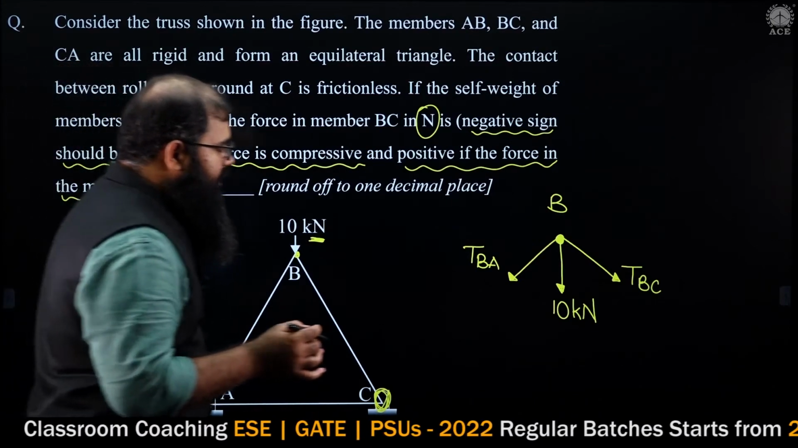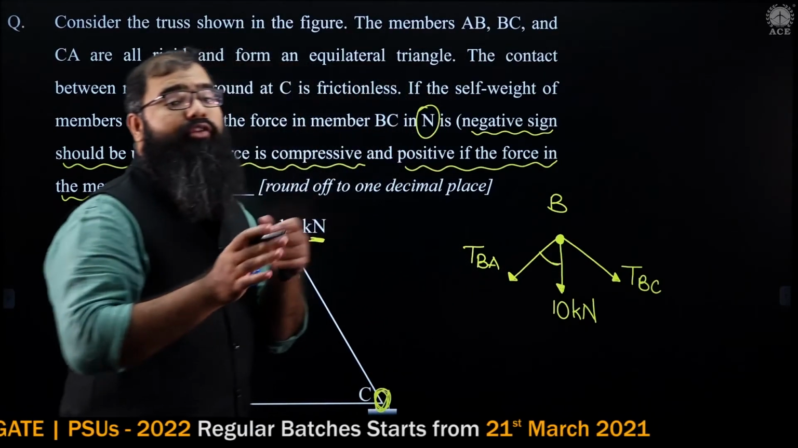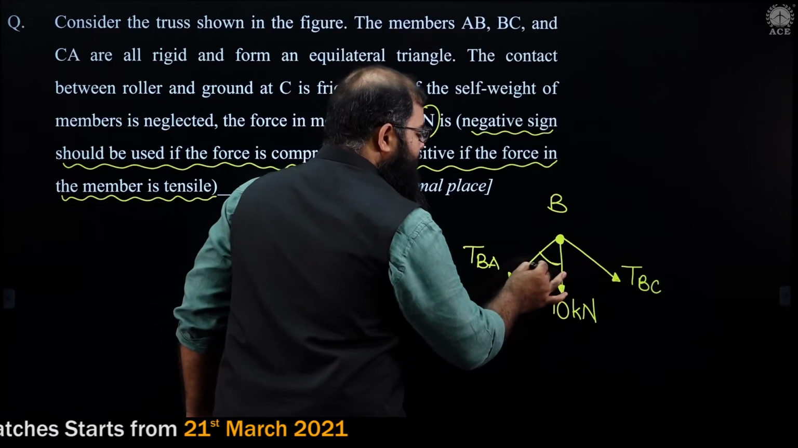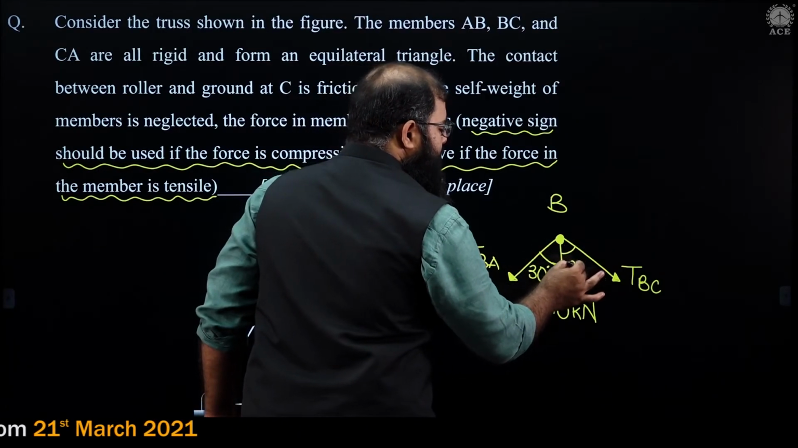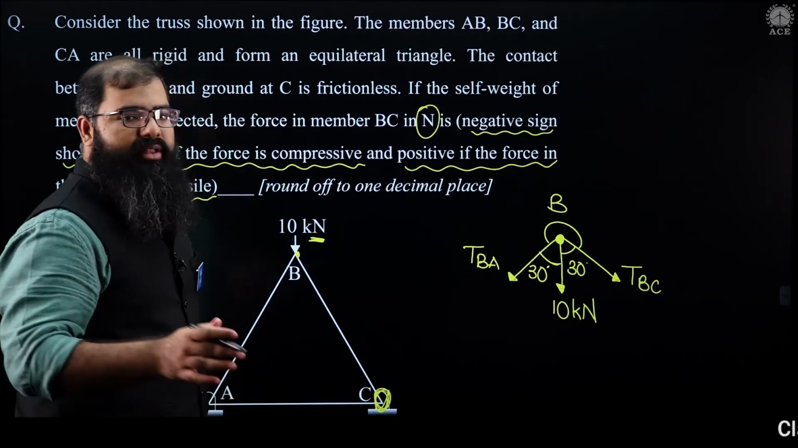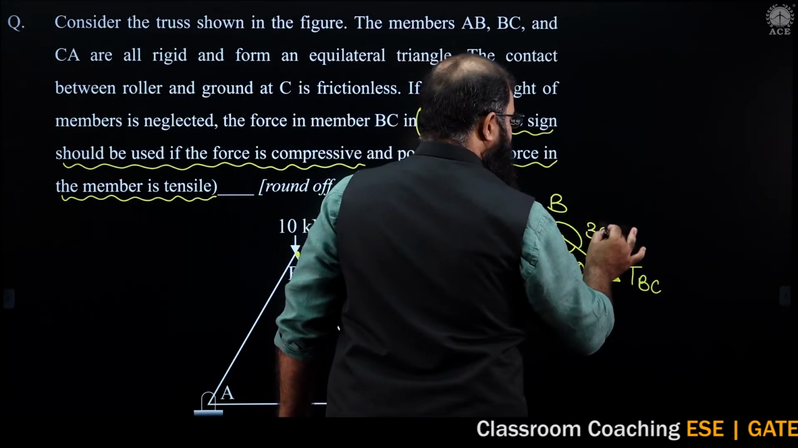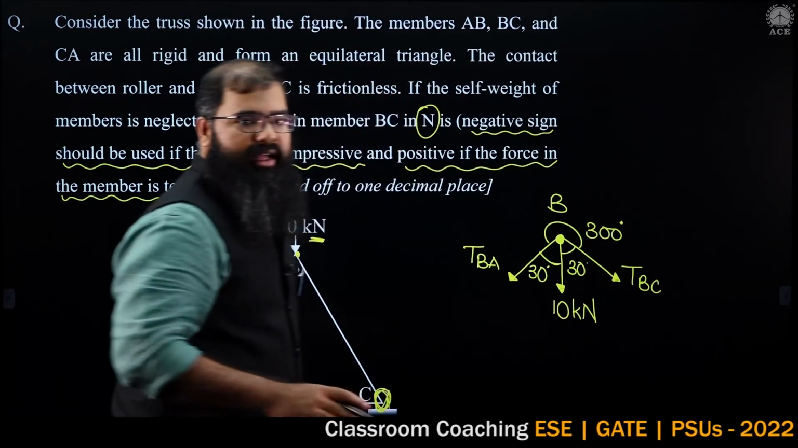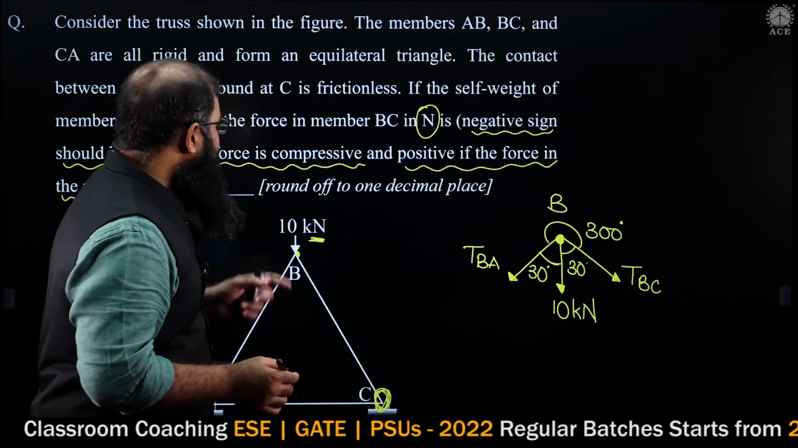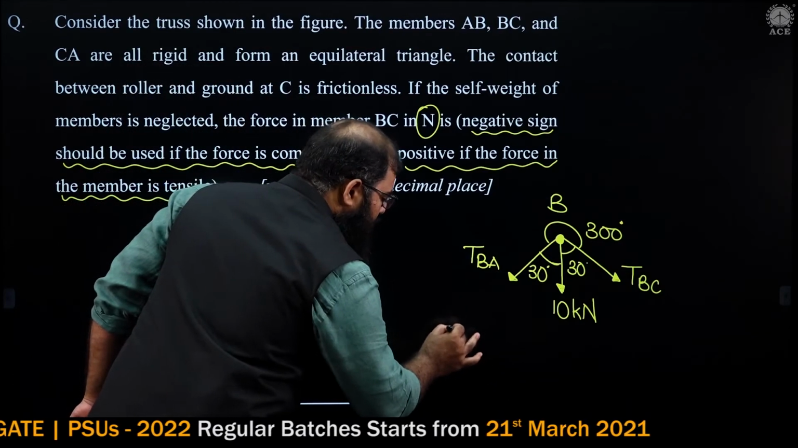Now think logically. This particular angle is supposed to be equal to exactly half of 60, is it not? Exactly half of 60, that is equal to 30 degrees. Likewise, this is equal to 30 degrees. And this entire angle over here is going to be 360 minus 60, that is equal to 300 degrees. I have three forces forming a Lami's. I can straight away start with the equation. I wish to find out member BC only. So I'll write 10 kilonewton